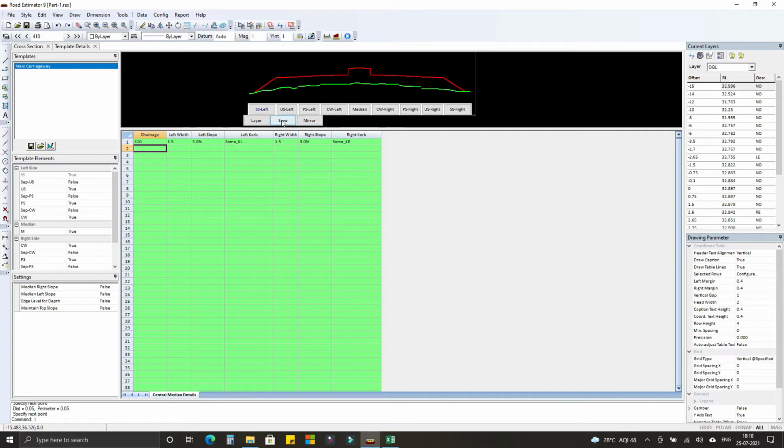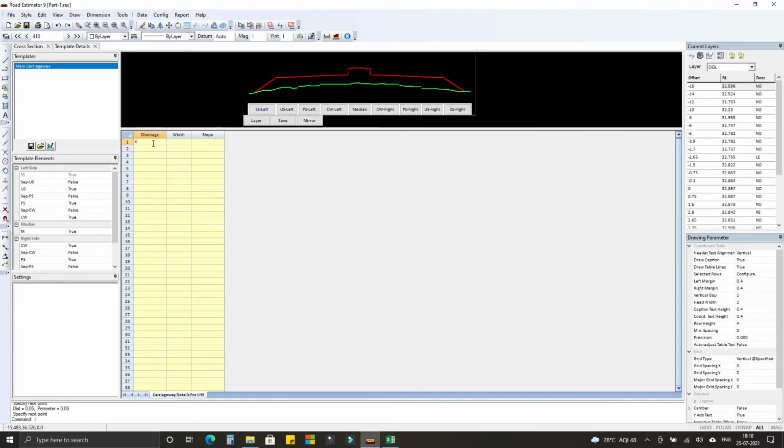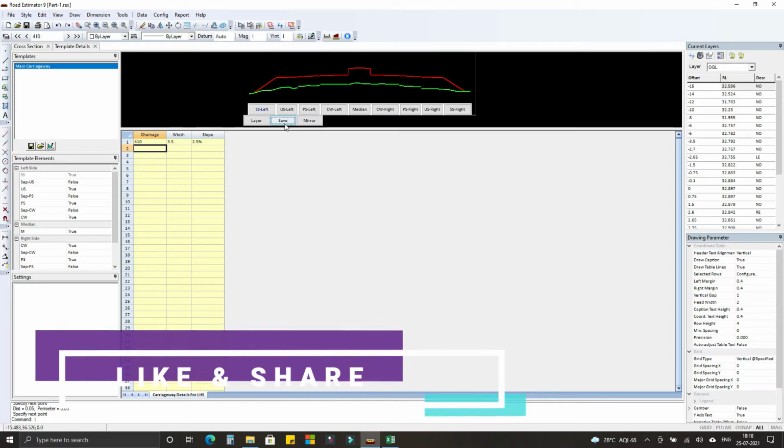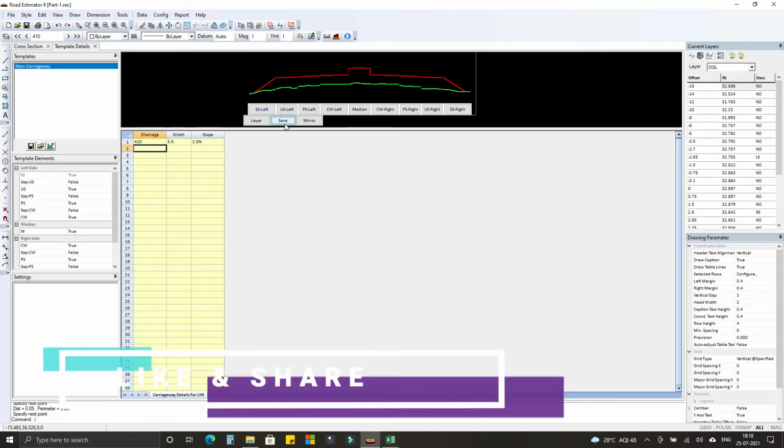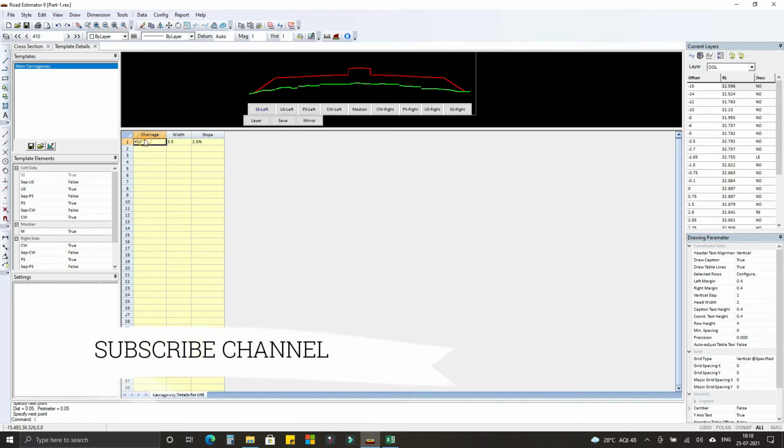Okay, so save this. Next, carriageway details. Width 3.5, slope is 2.5%. As left carriageway and right carriageway are the same, let's mirror this data.